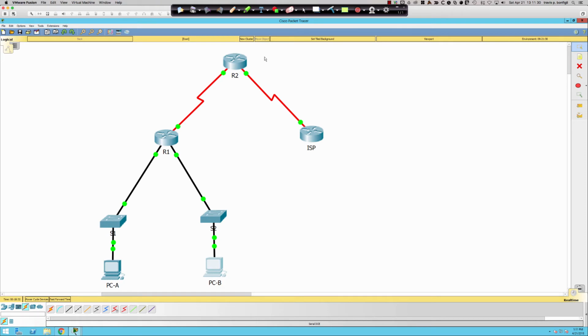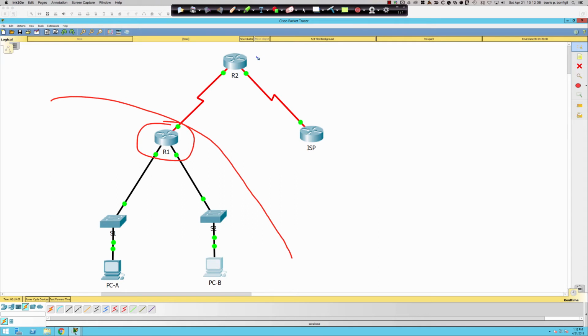Now, here's where it gets interesting, because up until this point, we've been dealing with everything taking place on a single router. Well, now the broadcast domain is not going to be outside this router for PCA and PCB. In fact, we're going to have to set up what is referred to as a relay agent. So on R2, we're going to configure the addressing pools. It's going to be one for each of the R1 LANs, but we're going to have to set up a